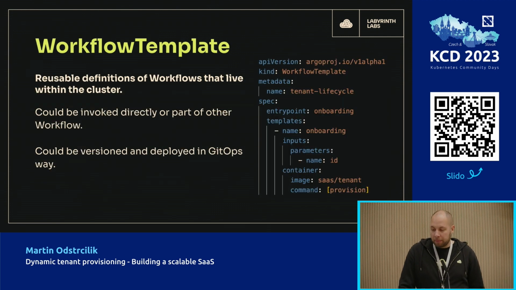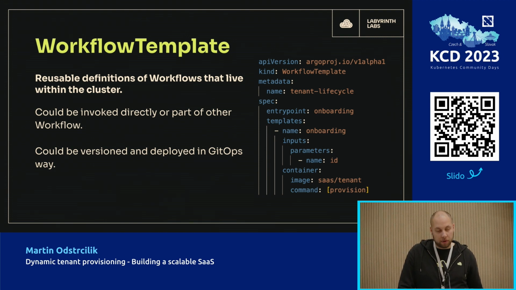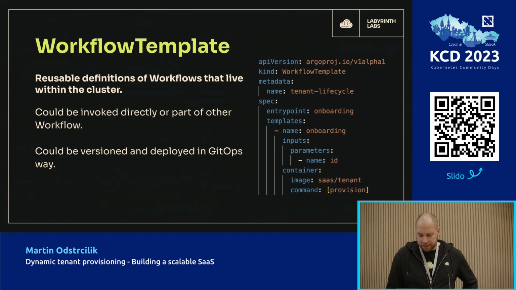So when you want to submit a workflow into Argo Workflows, you will create a workflow with capital W. It's a CRD in Kubernetes, and it will create an ephemeral instance of some workflow. But when you want to have that workflow sit in the cluster as an actual resource, you need to create a workflow template, which is a reusable definition of a workflow.